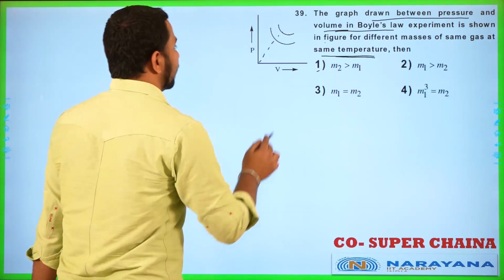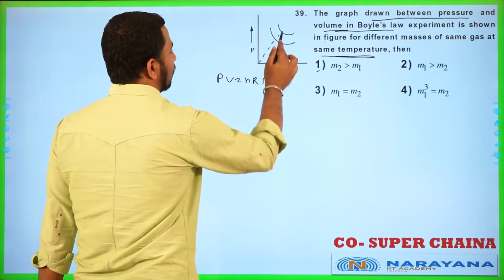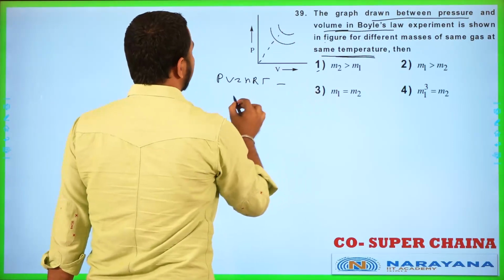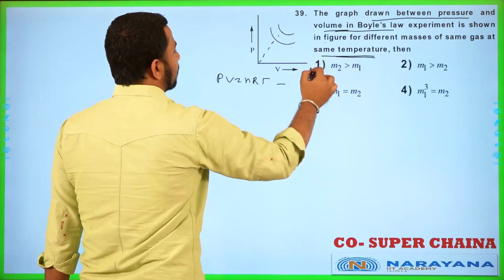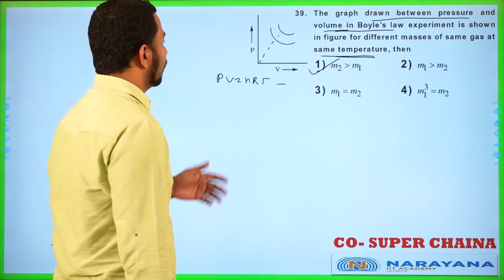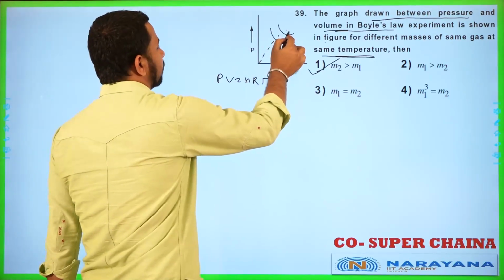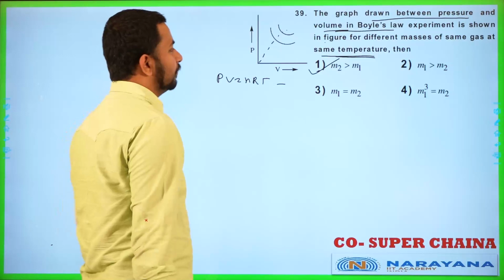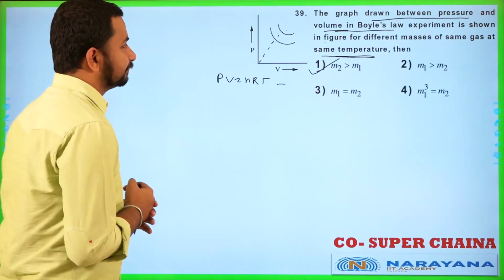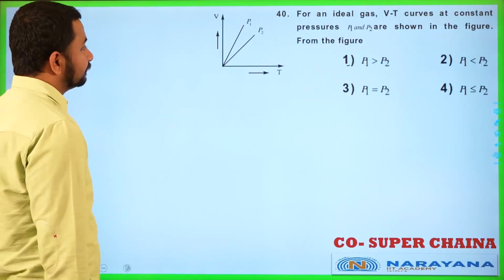So if we have same temperature, from there we know PV is equals to nRT. We'll apply the Boyle's law condition here. This expression, this is for first graph. So from here M2, because it is having higher slope, this M2 will be greater than M1 for this graph, right? We draw a line parallel to this and check, this is the first and this is the second. From here we just check that M2 will be coming greater than M1. Let's move to the next question, student.